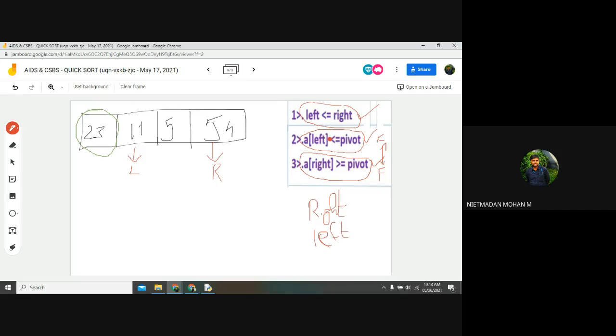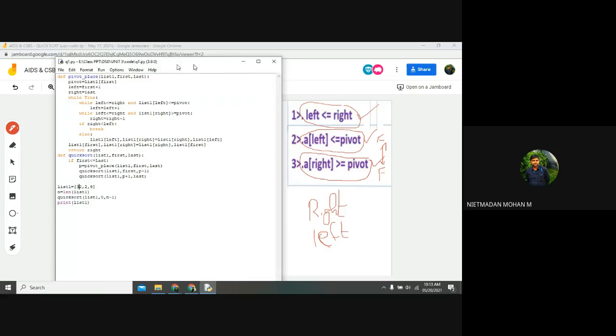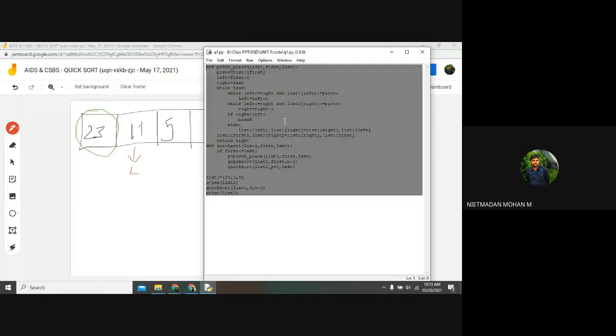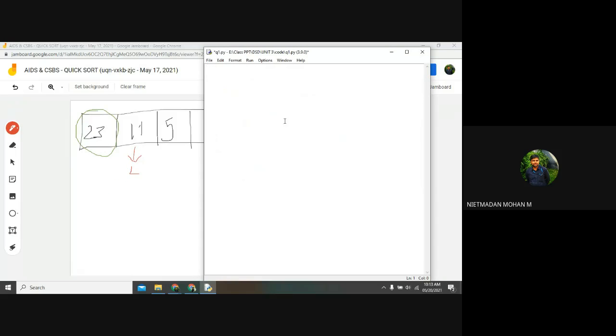For this concept, we are going to write a program. So first, we want to create a list.